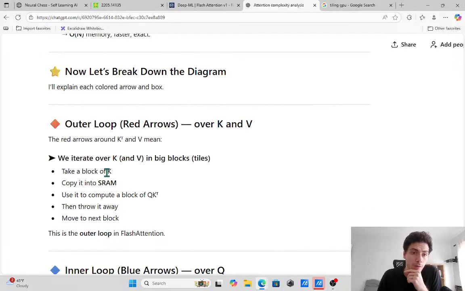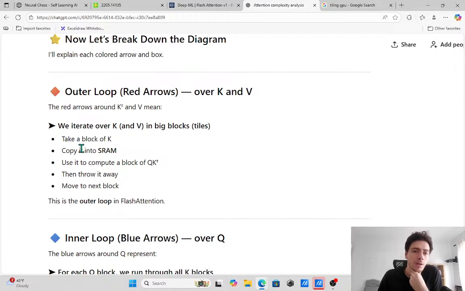Okay, let's break down the diagram. Outer loop, red arrows. Take a block of K, copy it into SRAM, use it to compute the block of